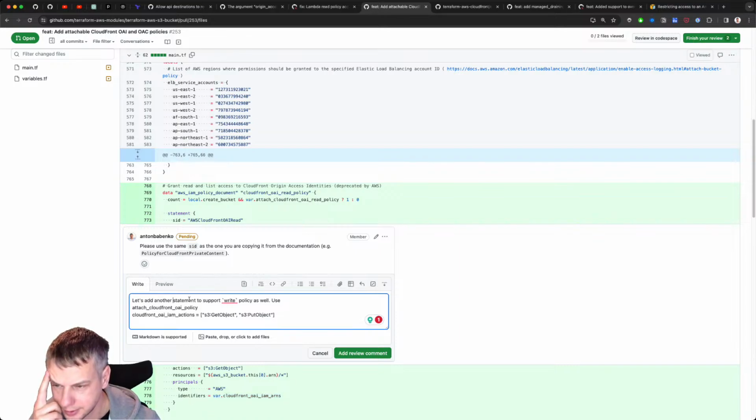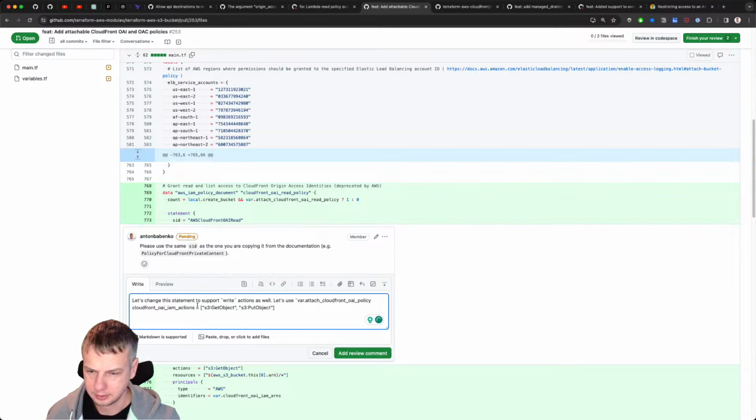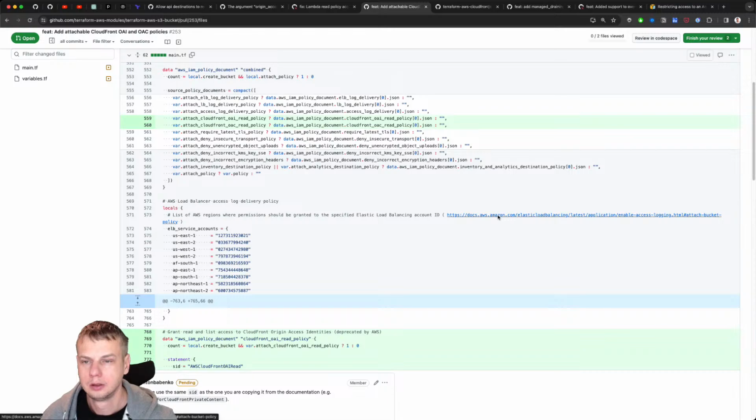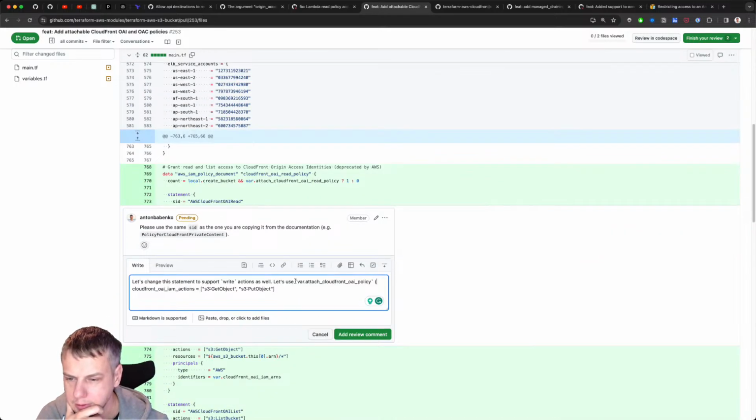So let's not add another statement, but let's change this statement to support write operation, write actions as well. Let's use var policy. Yeah, good.